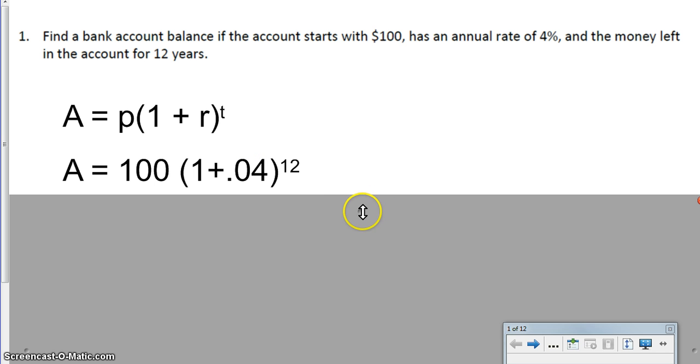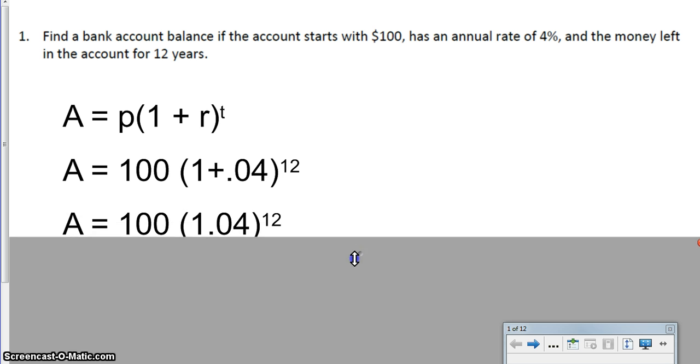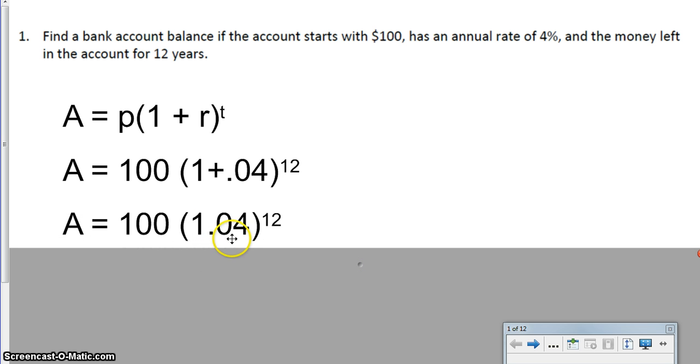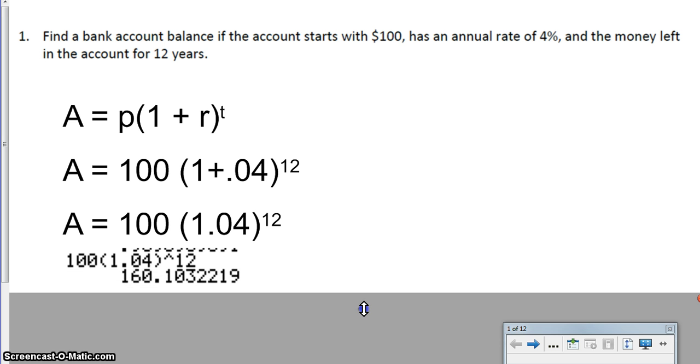Now, one of the things that you'll be asked on the EOCT is factors that are not dependent on each other. And please realize that this expression, the 1 and 400ths, is added together. That sum does become 1.04. And then remember that the power of 12 is only applied to the 1 and 400ths. When you put this into the calculator and you have 100 times 1 and 400ths raised to the power of 12, you get an answer that looks like this: